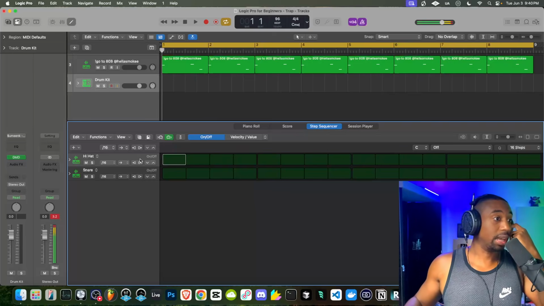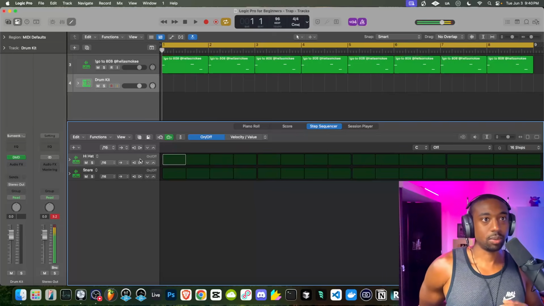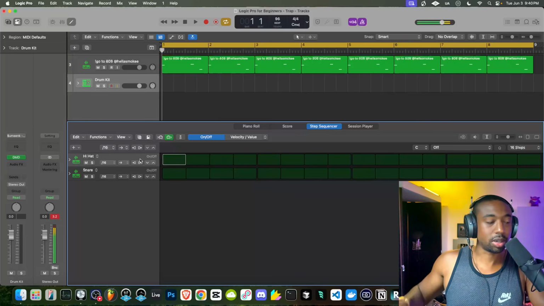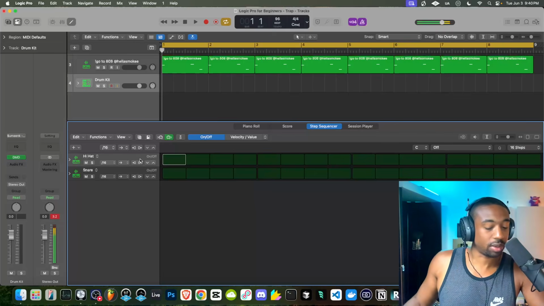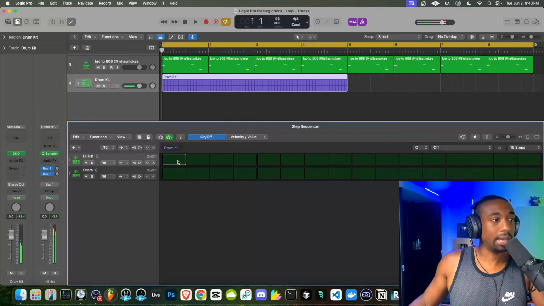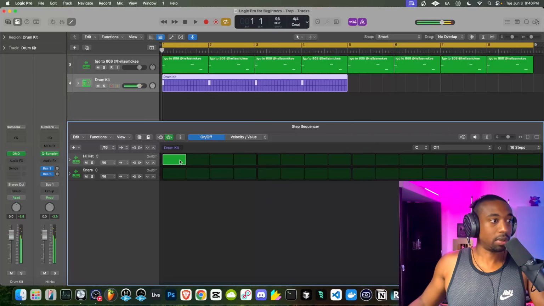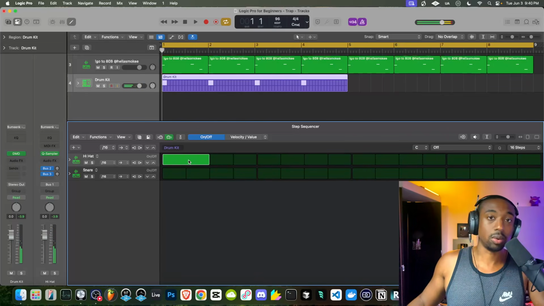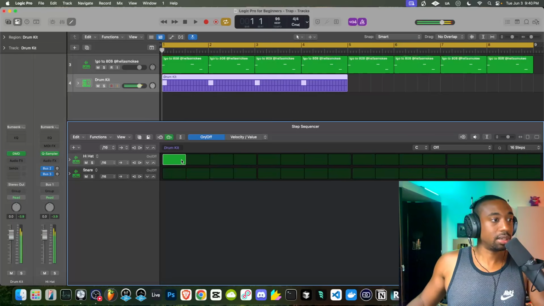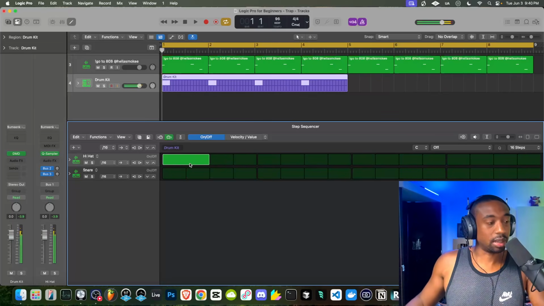All right, so in FL Studio, there's this thing where you just right click and fill each 2 steps. I'm gonna show you guys how to do something similar in Logic. If you hit Command, Option, and left click, for example, I can make this note longer. So basically Command Option allows you to set the length of the note.